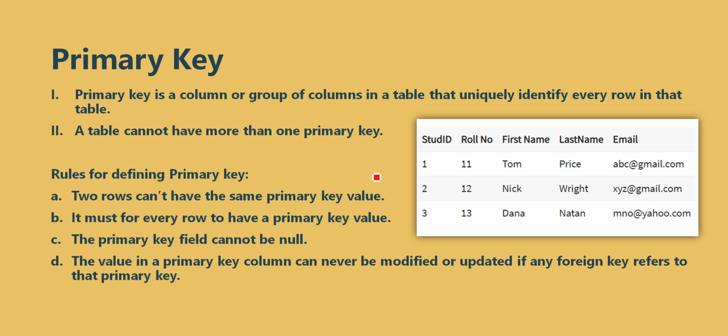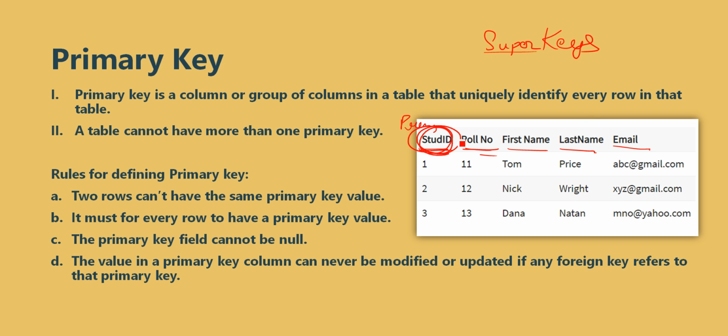Okay, so let's take this example. We have a student ID, roll number, first name, last name, email. We have two columns, student ID and roll number, which are quite easy for us to identify as columns that can be selected as a primary key. So I have selected this student ID as a primary key. Both the IDs will be combinedly known as super keys because both columns can be selected as a primary key, right? We have two options. So these will be termed as super keys.